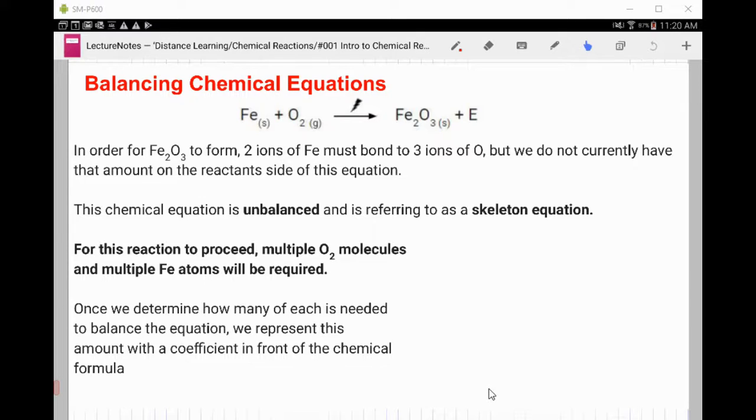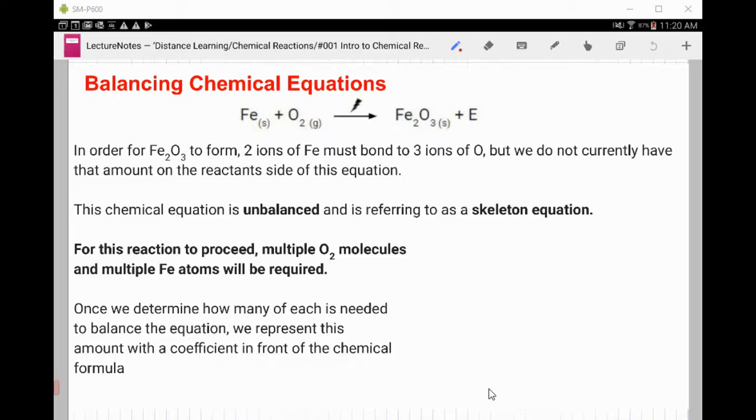form that compound. Right now, the way the chemical equation is written, we have the formula for iron and the formula for oxygen gas, both here. We cannot change those formulas in any way because then it wouldn't be iron metal and it wouldn't be oxygen gas. What we need to do is figure out how many iron atoms and how many molecules of oxygen are needed to combine together to get the ratio of iron and oxygen ions necessary for iron